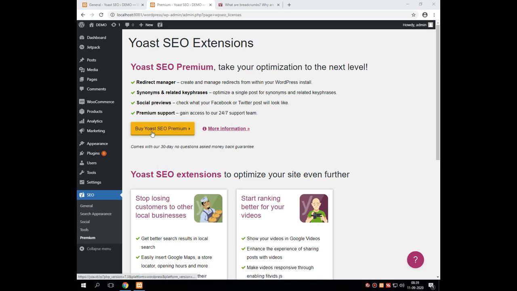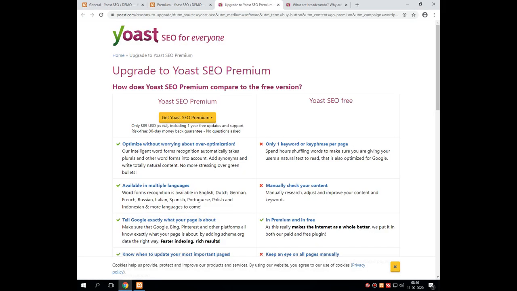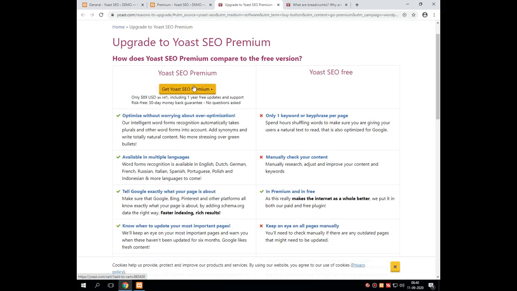So suppose we are interested in this particular plugin, then by simply clicking on this yellow link, it is redirected to the purchase page of SEO Yoast premium, where it first gives a bifurcation between the premium and the free SEO Yoast plugin.